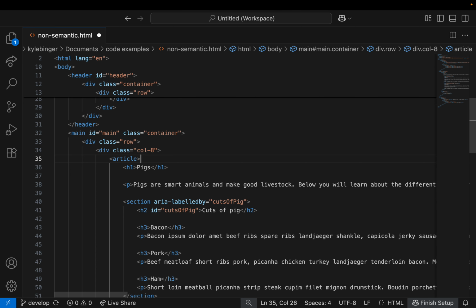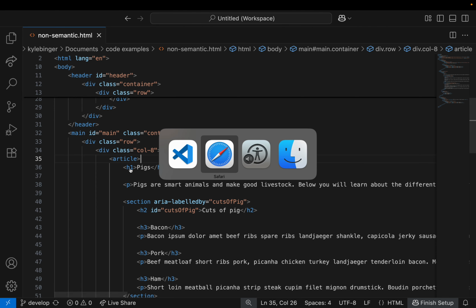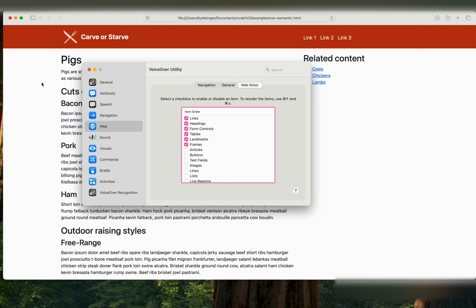So if we save this code here and we jump over to the VoiceOver utility format, this lets you configure VoiceOver for a variety of different things. If we go to the web option here and we navigate over to the WebRotor tab, these are a list of things that the WebRotor will try to pick up on. You can see that there's links, headings, landmarks, tables, form controls, frames, etc. Each get their own menu, which we've seen flipping through them before. I believe this is the default selection. I can actually now go and select articles.